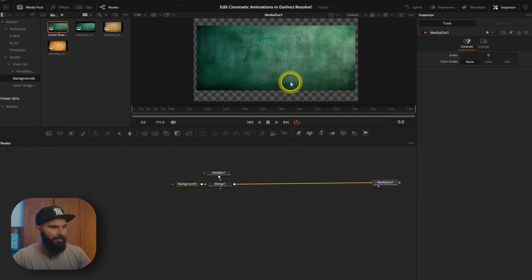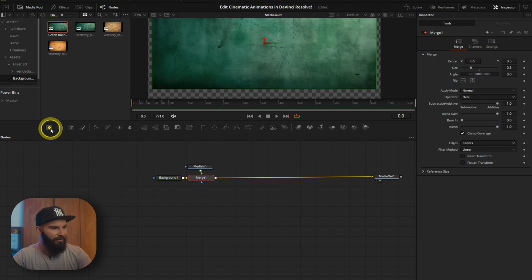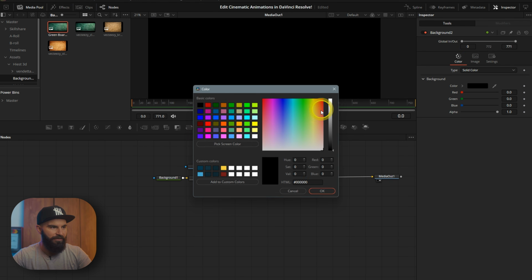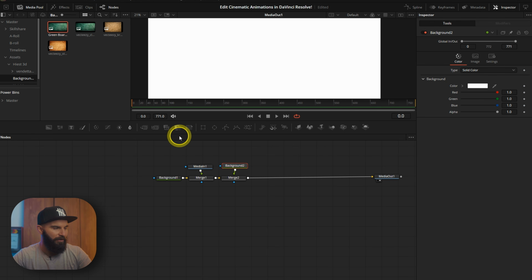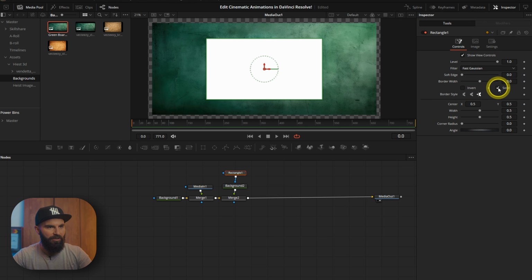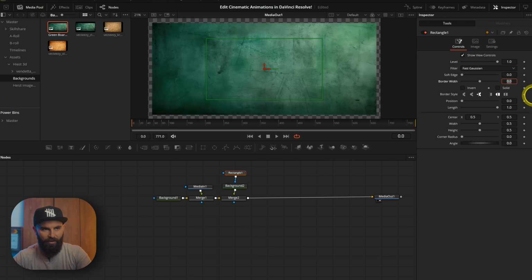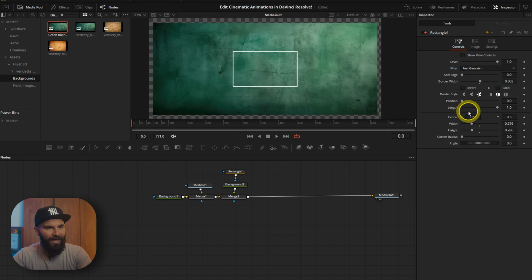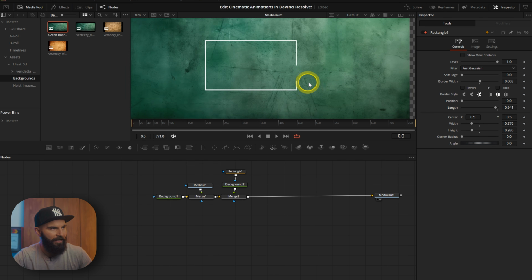Next, we're going to build out the framework. Drag in another background, connect it to a new merge node. Selecting the background, change the color to white. Now we're going to connect a rectangle node to that background. Uncheck the solid box, change the border width to 0.003, uncheck view controls. Adjust the width and the height. Drag the length down a little bit just to open a gap like that, so it looks like an entrance